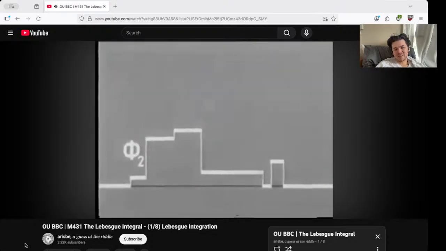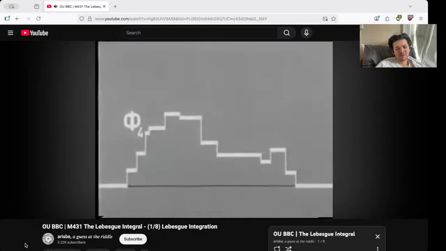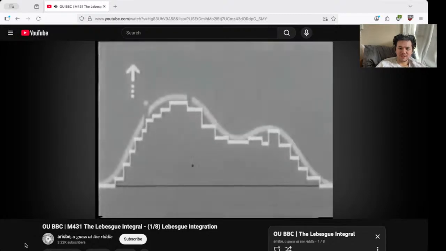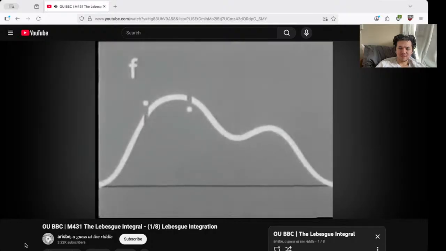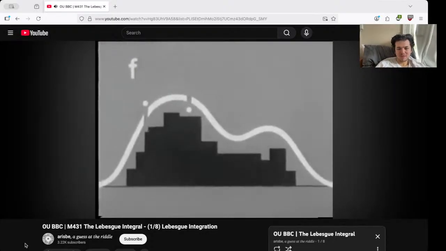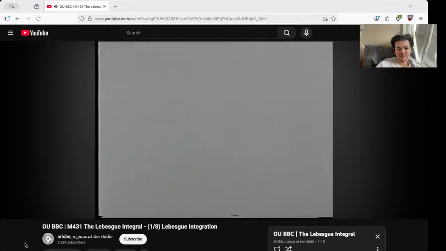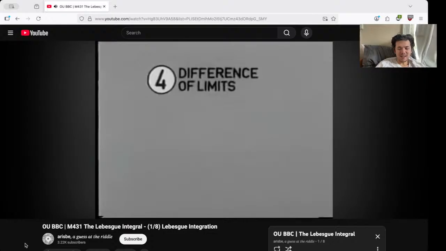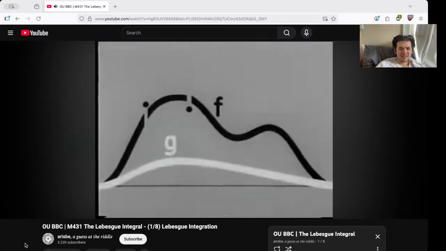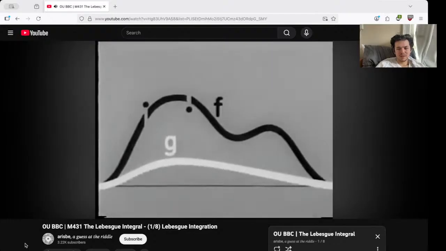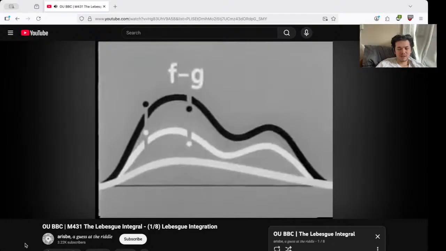I do like their harmonic analogy here that's implicit. Major scale. Ah, yes. The difference of